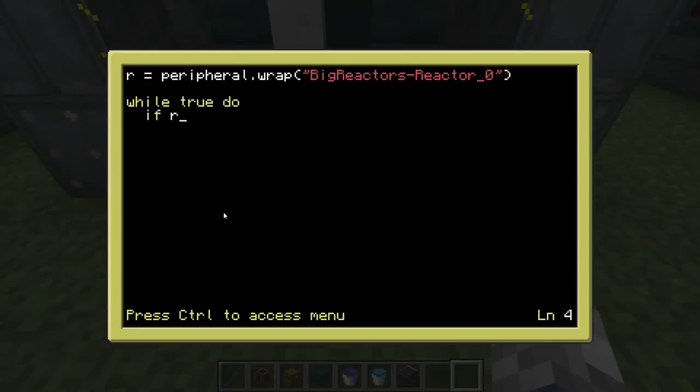If r.getEnergyStored is greater than 10 million divided by 2, then. Now, what that line is just saying is, whenever you reference this R here with a period after it, it's going to call this line up here. So if the big reactor 0 energy stored is greater than 50%, basically is all that that's saying, then